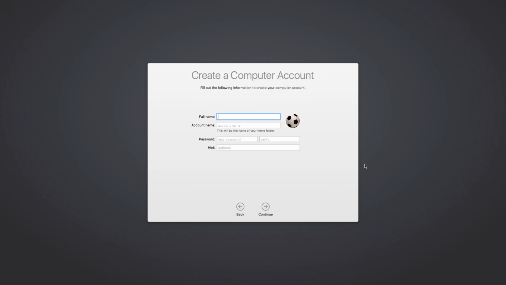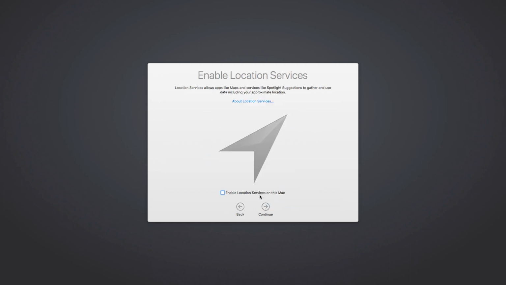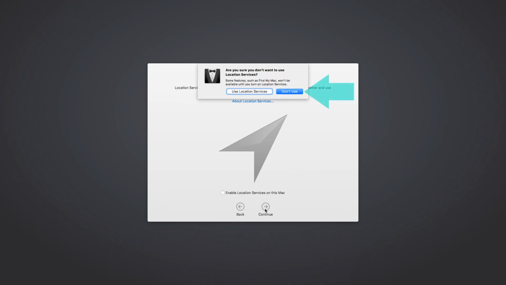As we aren't signing in with an Apple ID, we now create a local account. We can edit our icon, although we're quite happy to stick with the football. We enter our name, which automatically generates an account name. Then we enter our password twice for confirmation before adding an optional hint. We opt to customize the remaining settings and proceed without enabling location services, which again requires confirmation at the drop